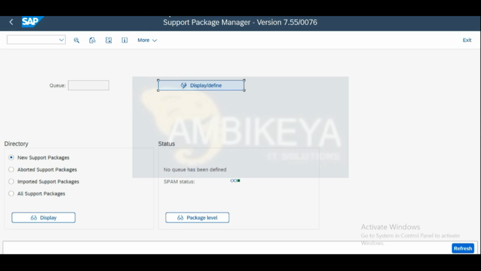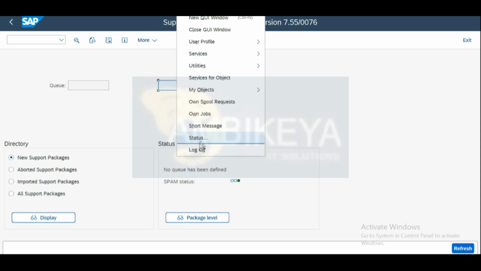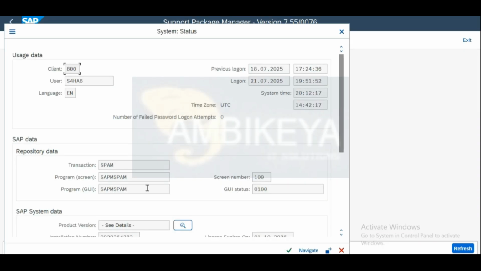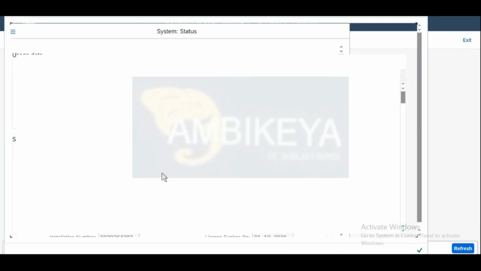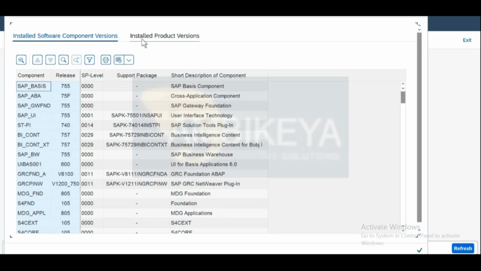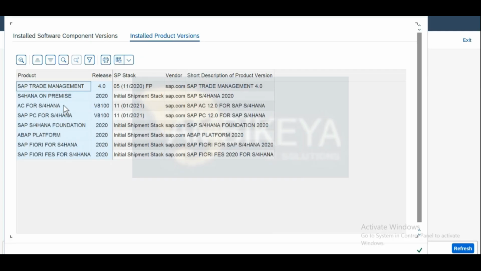Next thing is that we have already discussed during the installation about the system upgrade. So right now we discussed the corrections and the software components SP upgrade, right? Now what if SAP has suggested you go for an upgrade of the SAP S4 HANA on-prem system from 2020 to 2023 or 2024? In that case, you need to plan a software change in the maintenance planner like we did